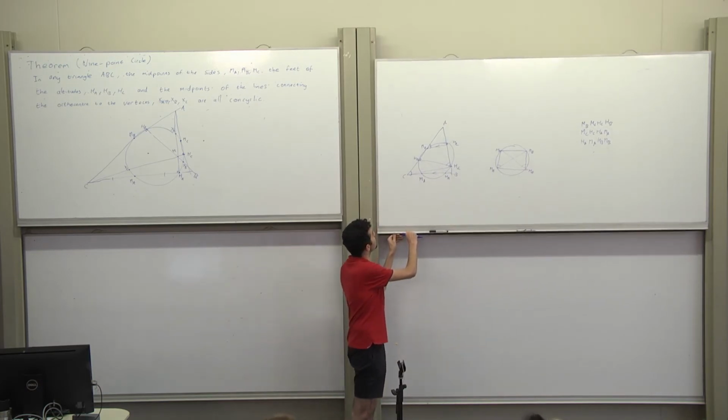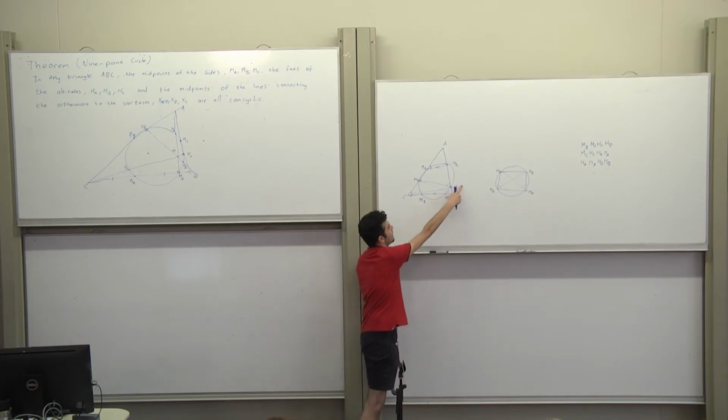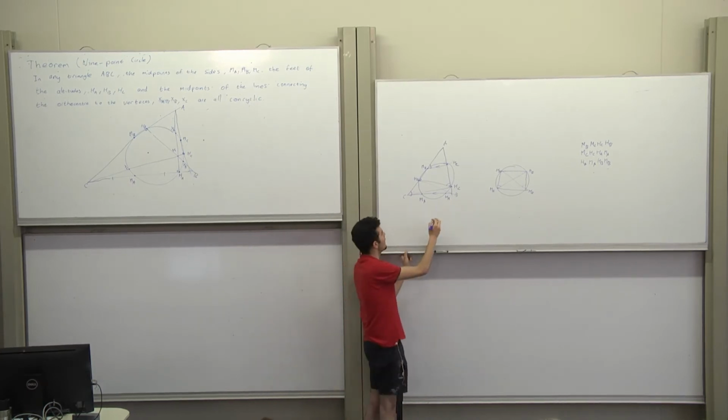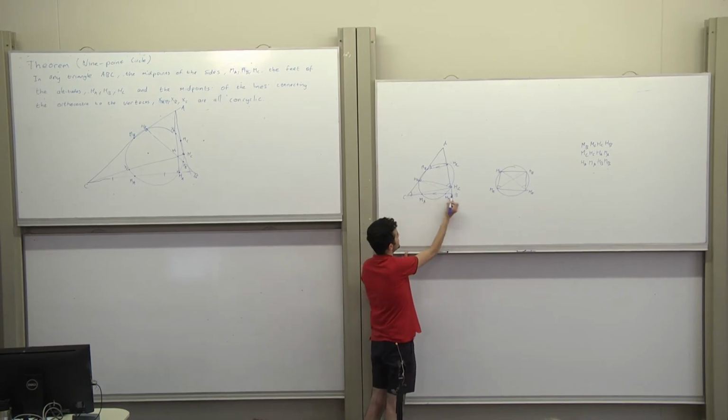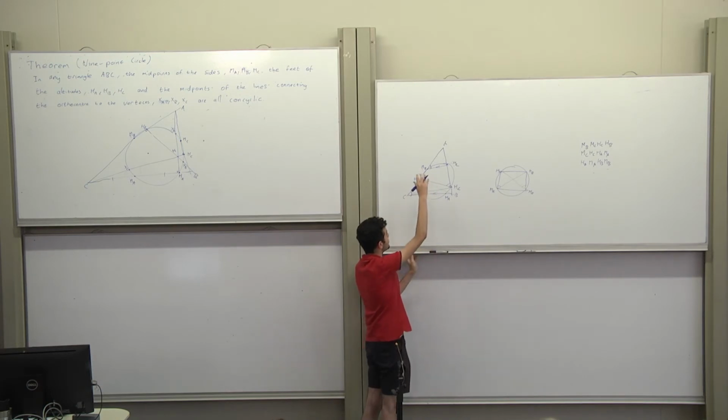So if we consider the circle MA, HA, HC, MC, and the circle MB, HA, MA, HB, MB, the obvious radical axis is going to be MA, HA because it's a common chord, right? And so that means that this is the radical axis of those two circles. But if we then consider the radical axis of,